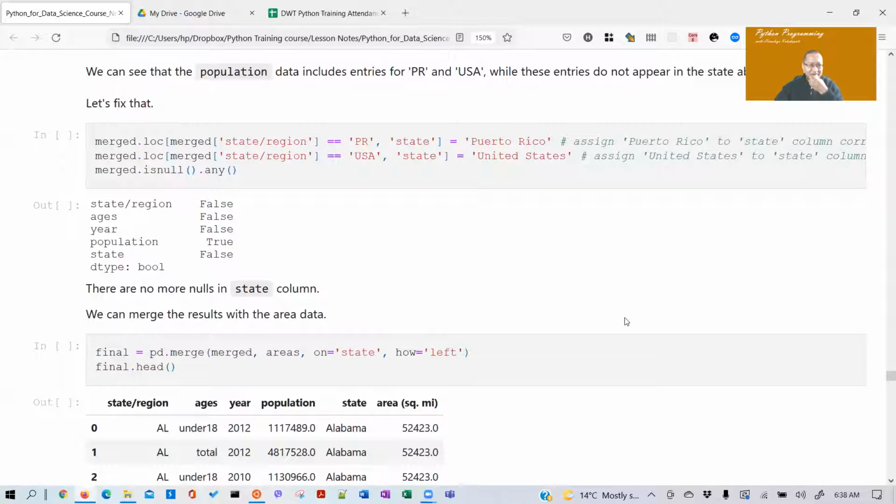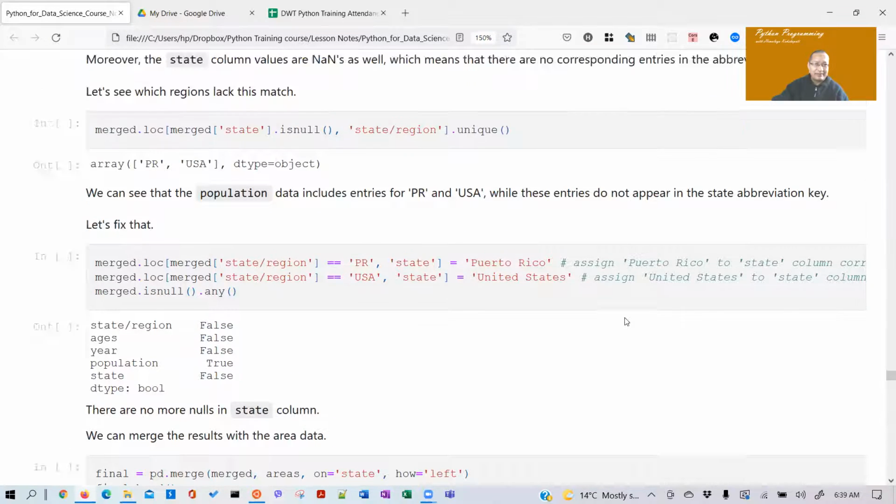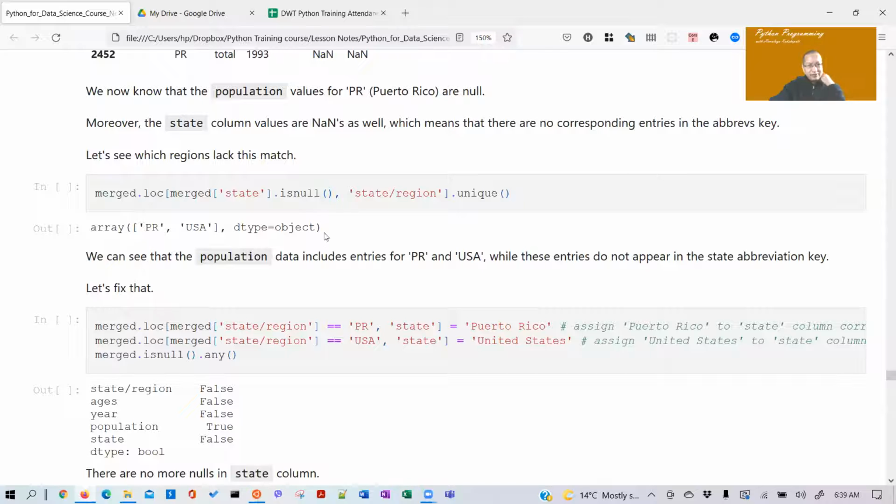So what we do is, let's see. Okay, so now we were up until here. Right? So now we can see that the population data includes entries for PR and USA, while these entries do not appear in this data. Okay, so population entries for PR and USA, because the state match is a problem, right? So what we do is,